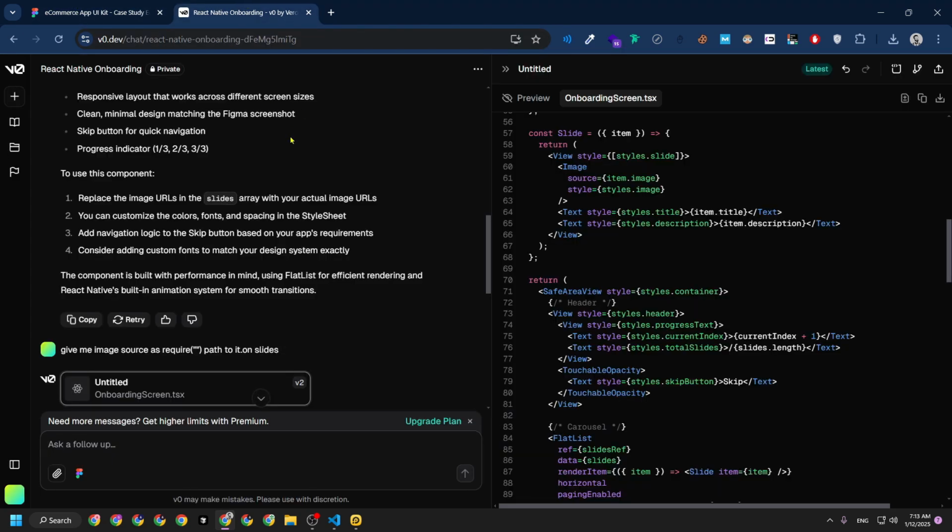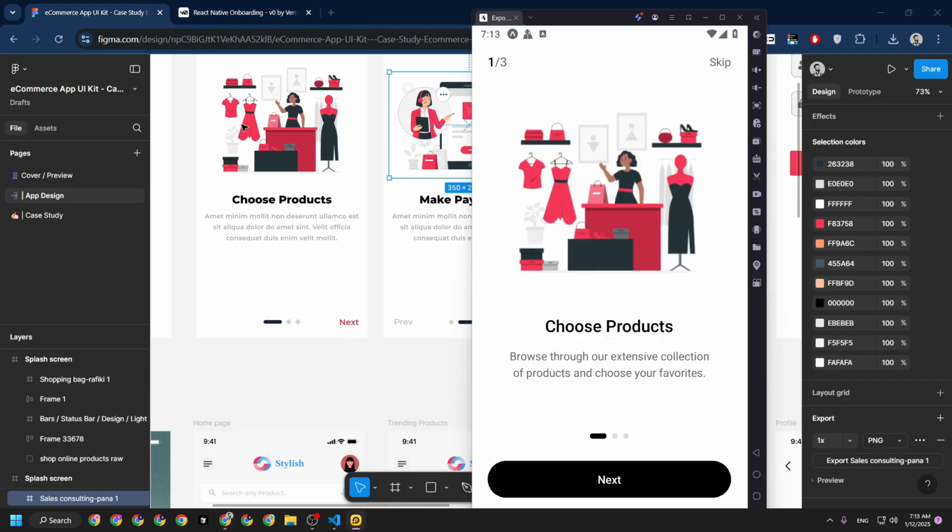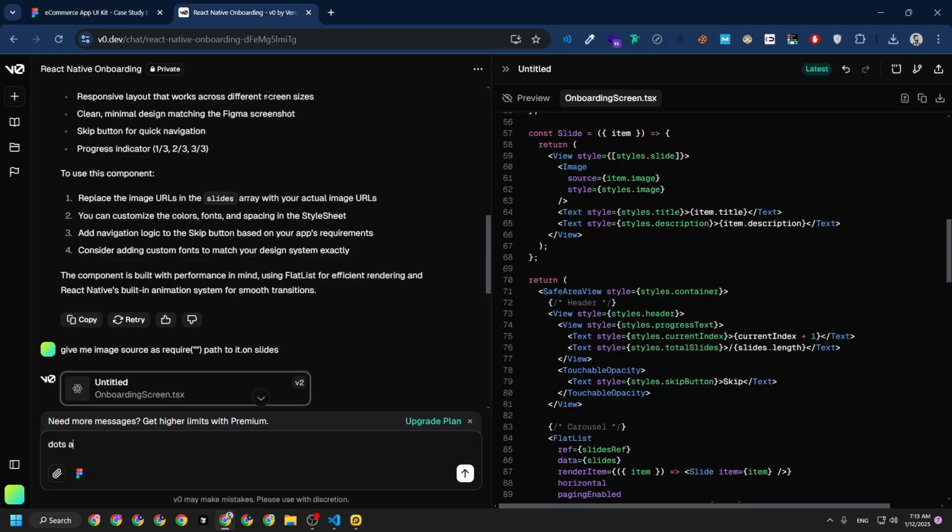So what we can do is come to here and type. So make sure to keep the next button next to the dots here. So dots and next button are in the same row, like that. Now if I go to here, and the dot is in the center, the next button which is not having any